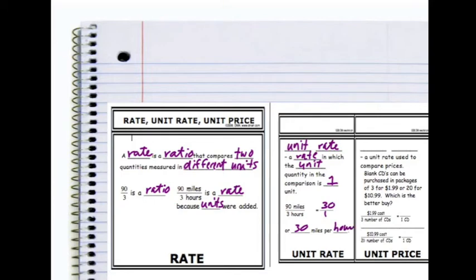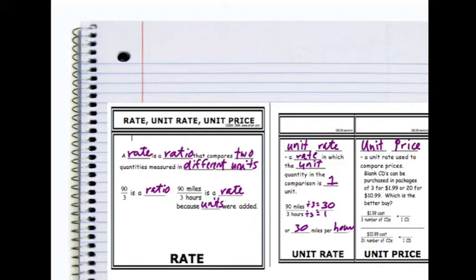I want to be able to simplify these things. And when I say simplify them, I really mean using the fraction and simplifying. 3 hours divided by 3 will equal 1 hour. So 90 divided by 3 equals my 30 miles. 30 miles per hour. A unit price is very similar to a unit rate, and that's because it's a unit